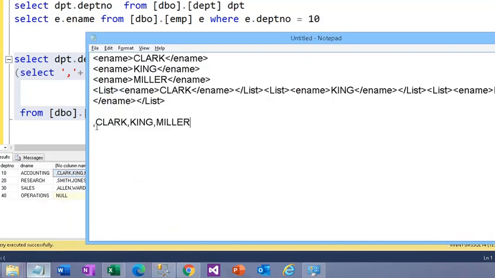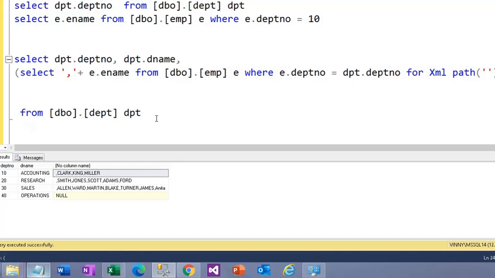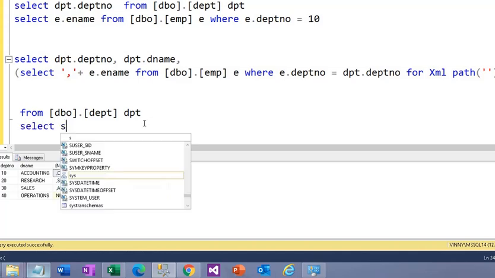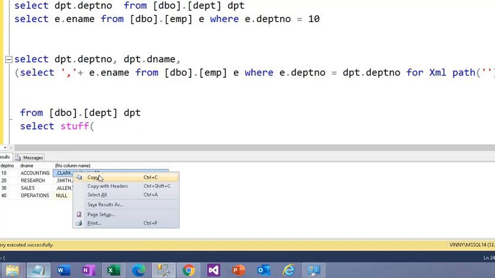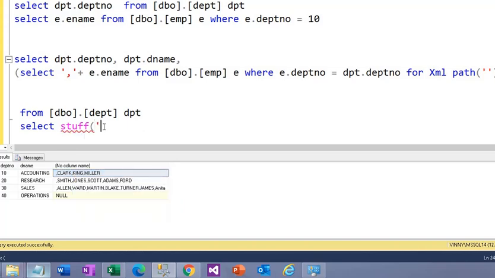Now we just need to get rid of this leading comma with the stuff function. Let me show you how the stuff function works. Let me take this string only, so I'm putting it here.